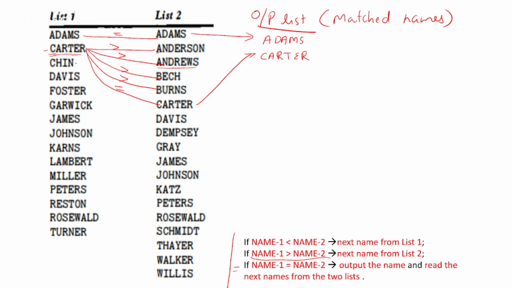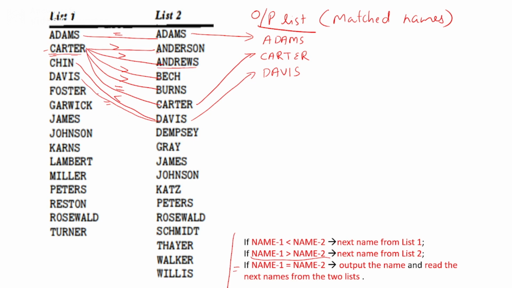So I will compare Chin and Davis now. So Chin is less than Davis. When you get name 1 is less than name 2, next name from list 1. So I need to compare the next name, that is Davis, with the Davis itself. So this is equal. Now I will copy it over to the output list. Again go for the next one,